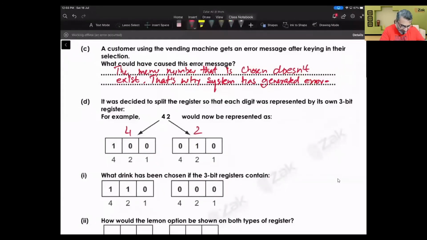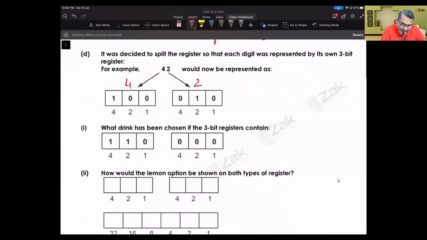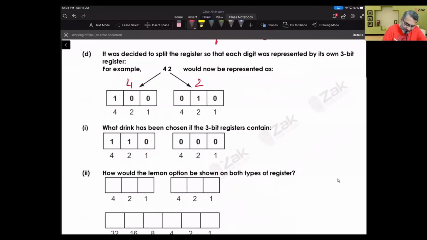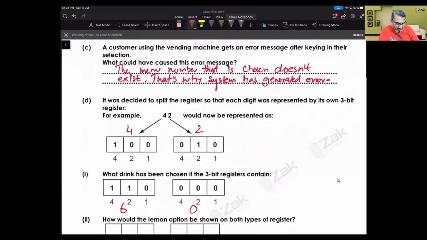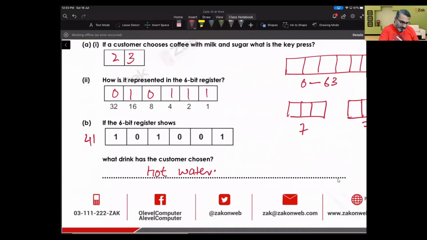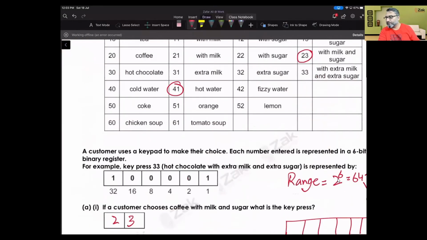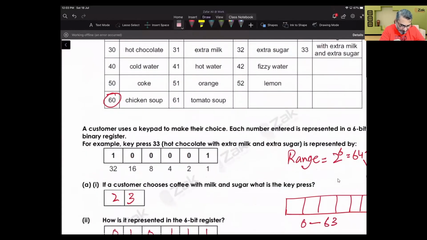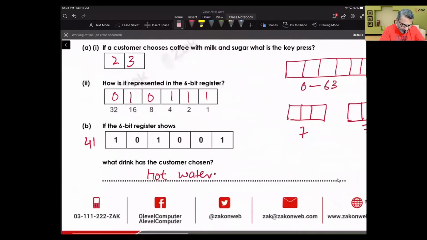Alright, so 42 इस तरीके से हुआ है। तो अभी कह रहा है कि which ring has been chosen if the 3-bit registers contain this. So this is 6, 4 plus 2 is 6, and this one is 0, so 60. So let's go back and see what is at 60. So 60 is chicken soup. Alright, so 60 is what? Chicken soup. 60 is chicken soup. Okay, so the answer would be